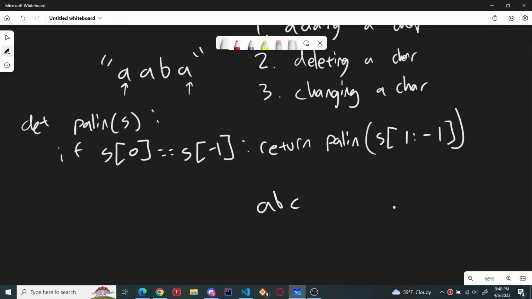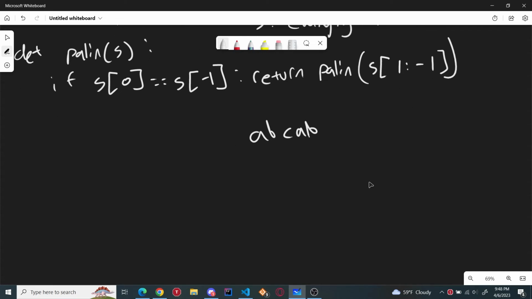A, B, C, A, B. Not a real word. But the optimal solution for this one, would it be to change this character here to a B? Or would it be to... If I change this to a B,